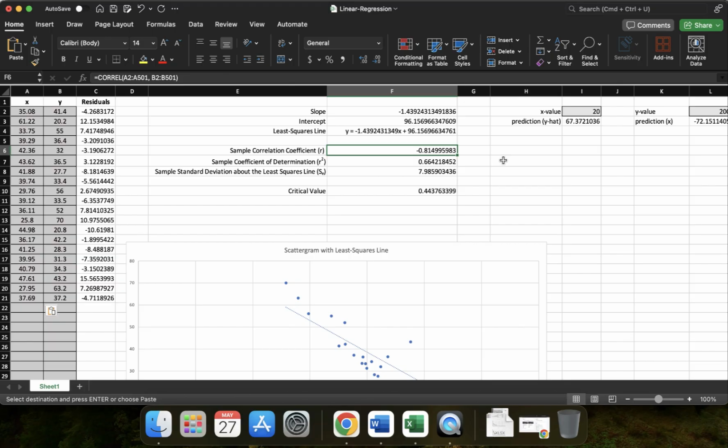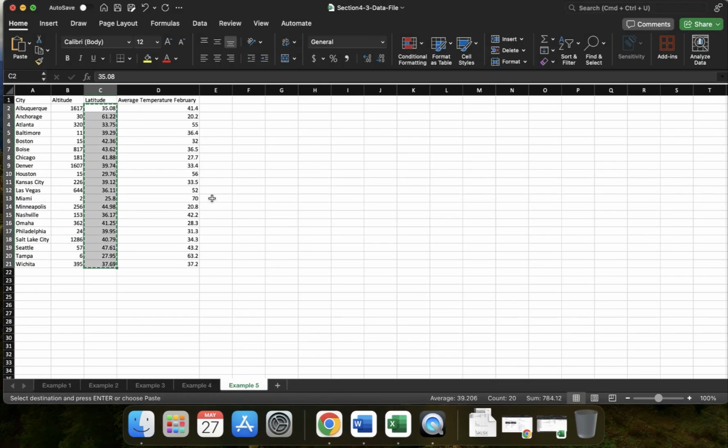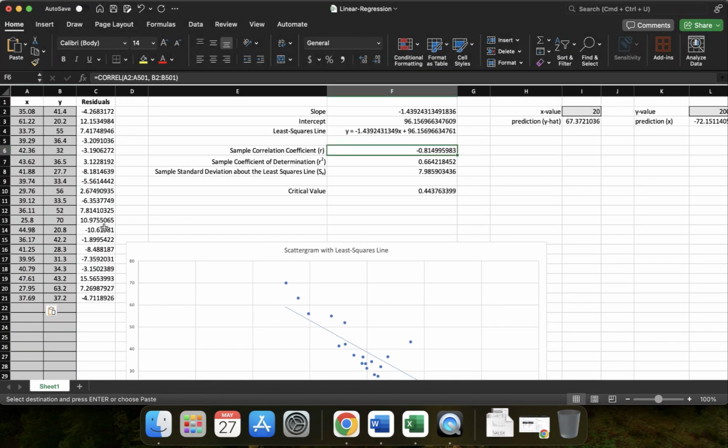So it's 81.5%. So it's closer to -1 than the -13%, closer to -100%. And so the latitude is a better predictor of the